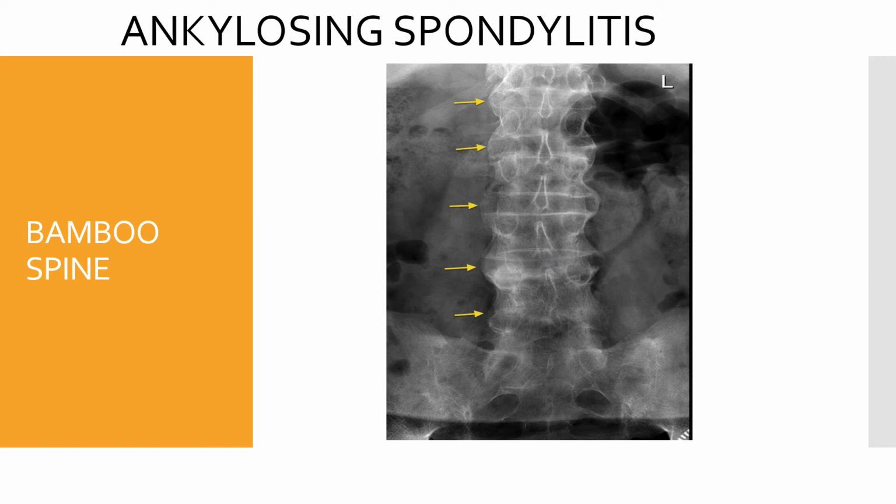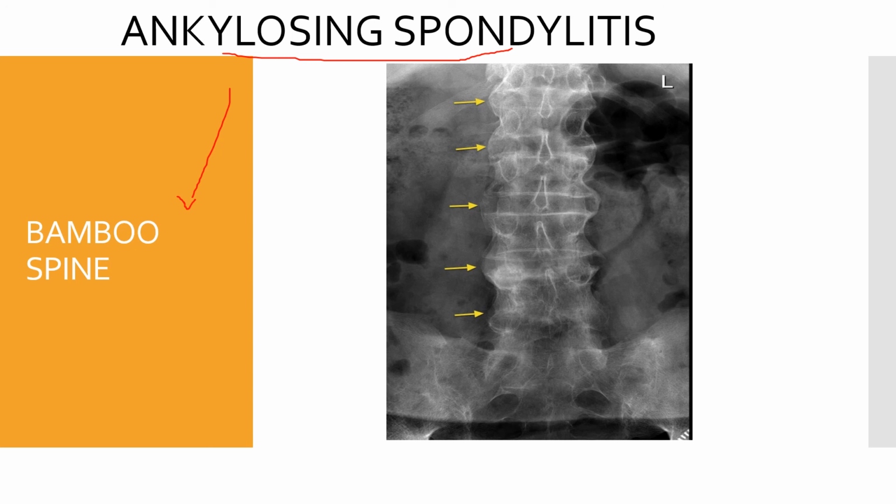Spondylitis. It comes under seronegative spondyloarthropathy. That means in this condition the rheumatoid factor is negative. That's why we call it seronegative spondyloarthropathy. Again, the classical appearance we get in ankylosing spondylitis is known as bamboo spine. Before that, I'll tell you what happens in ankylosing spondylitis: the patient will be having back pain, and this back pain will be worse in the morning and it improves with exercise. So that is the usual presentation.